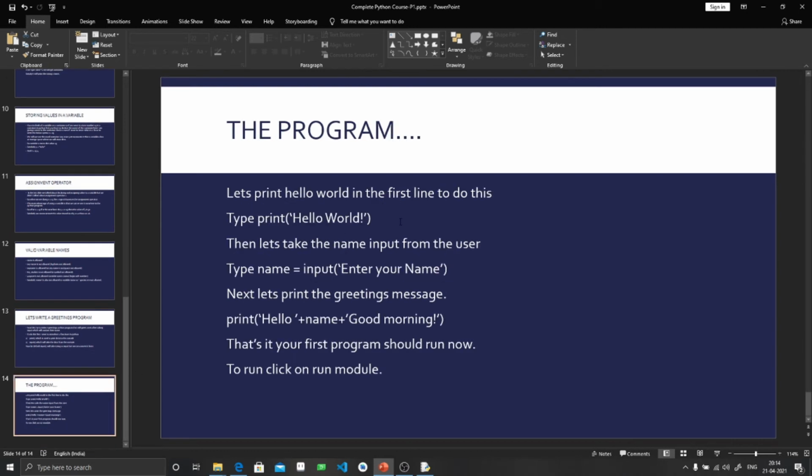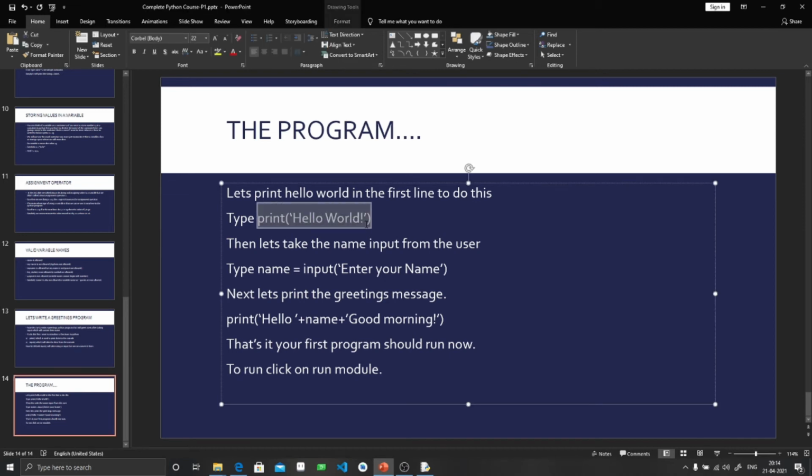So the program will be like this. The first line of the program will print hello world. This is the most classic example, as you saw in many other tutorials. If you have gone through any other programming tutorials, you might have seen the first thing they print is hello world.